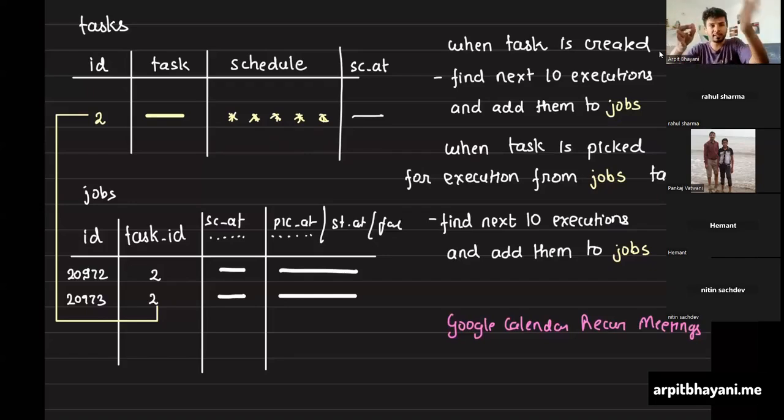Once it completes the first execution, the picker picks the next set of tasks. It would then figure out the next 10 executions from that time, and whichever entries are not there in the database, it would create those entries. So you take a buffer of 10 tasks at a time. At a given point in time, you take 10, 50, 100, depending on how granular it is, configurable. You pick one task, you see it is recurring, you find the next iterations, and these are your fixed times at which you would need to execute.